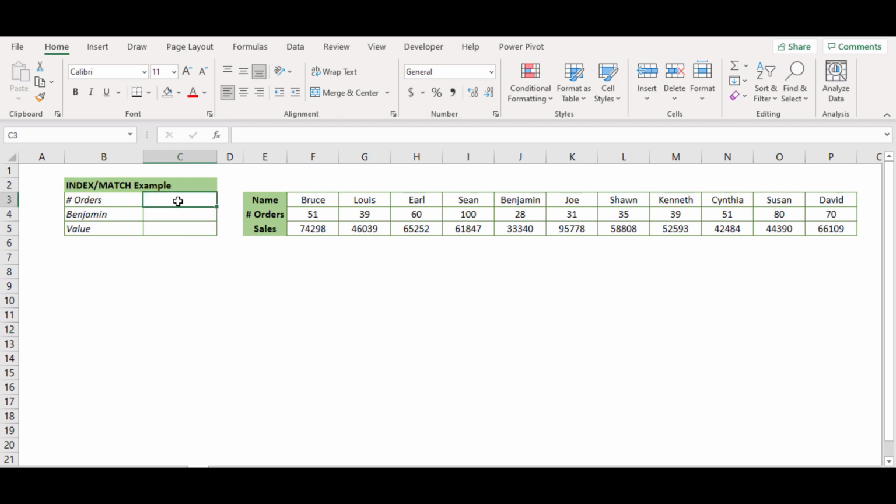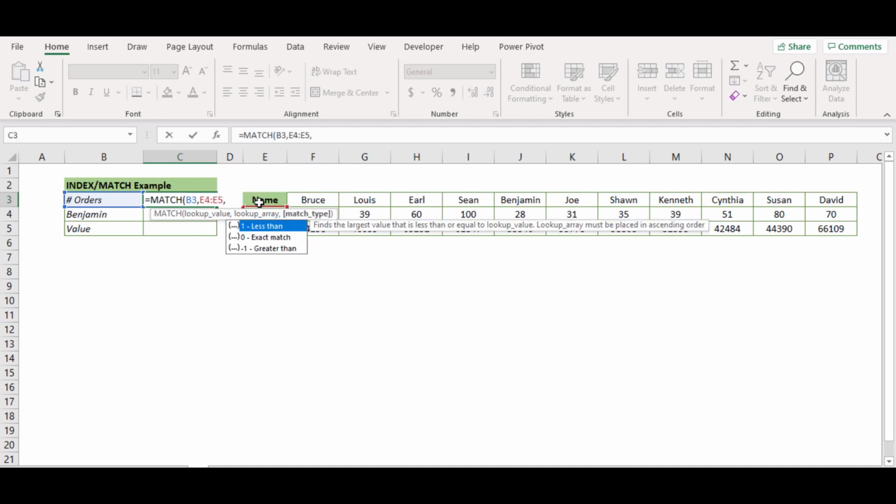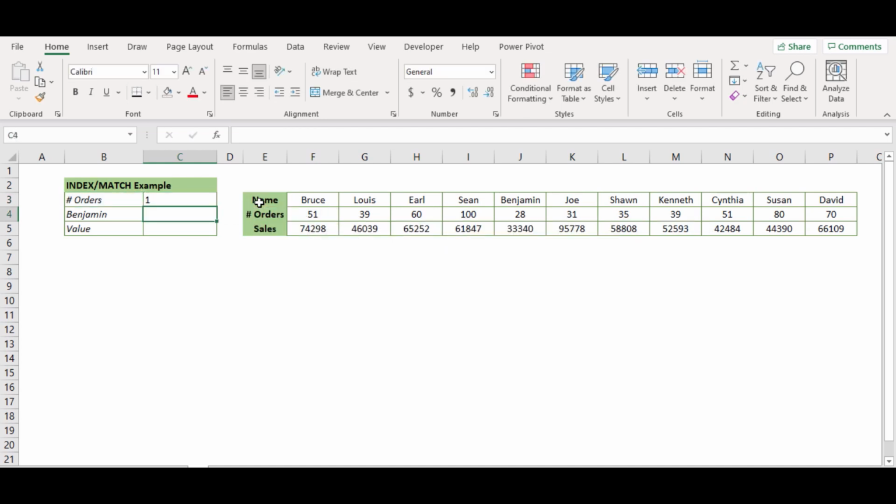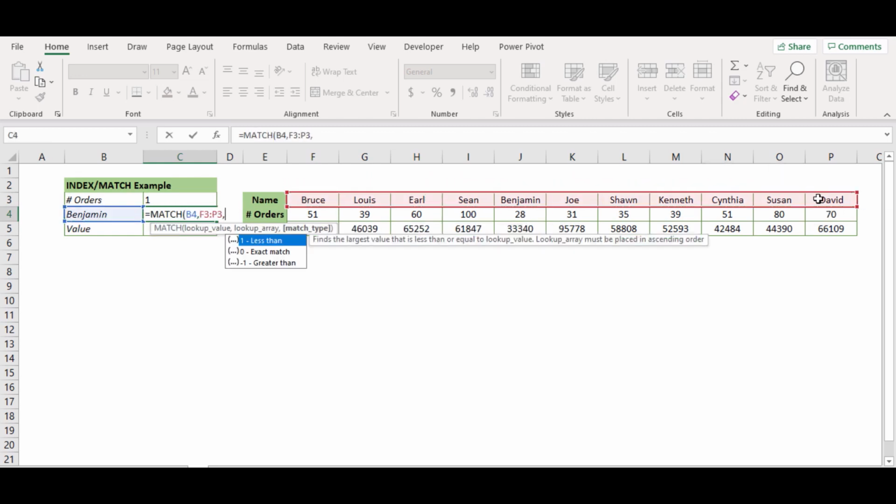We can use the MATCH function in conjunction with the INDEX function to do a horizontal lookup. In cell C3, use MATCH to find the order number in cells E4 to E5. Then, in cell C4, use the MATCH function to find the location of customer name Benjamin in cells F3 to P3.